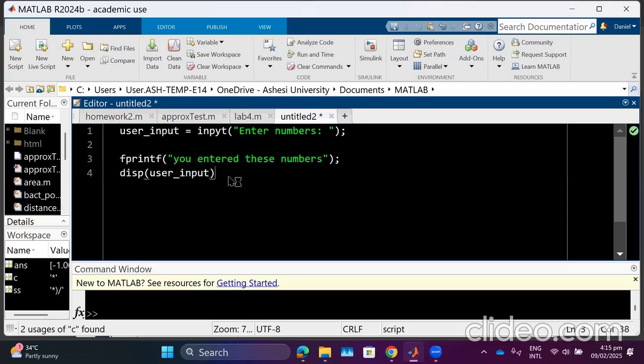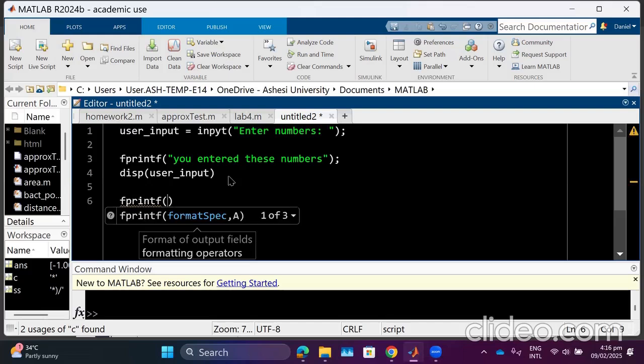Okay. Then I display a number, right? Then now what we just did was we were adding the numbers, right? So we are going to create a function to do that, but let's write the fprintf thing. So fprintf. So I'll just say, sorry about that. Okay, so the sum of your input is